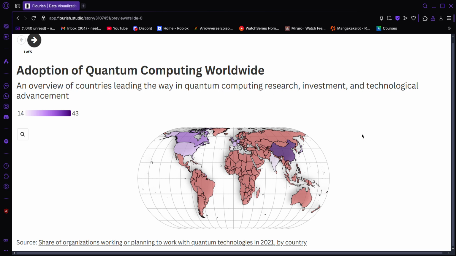Hello, good day. Today I'm going to be showcasing my visual data representations for quantum computing for Emerging Tech Assessment